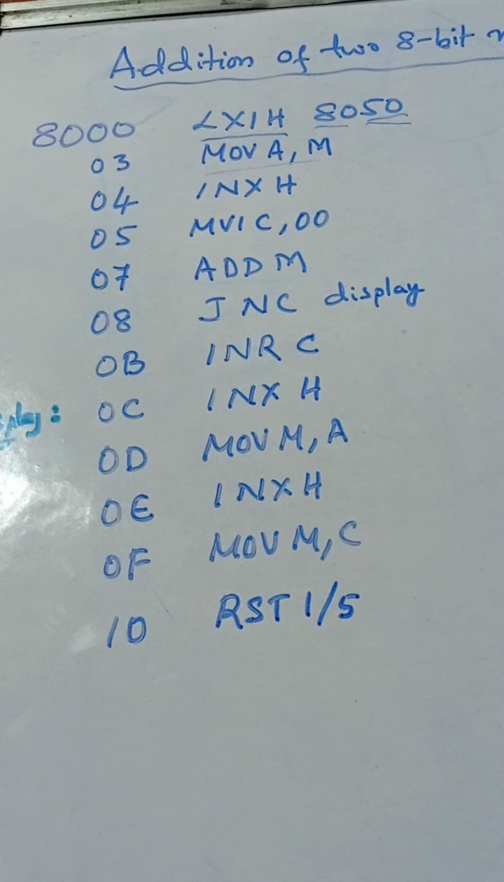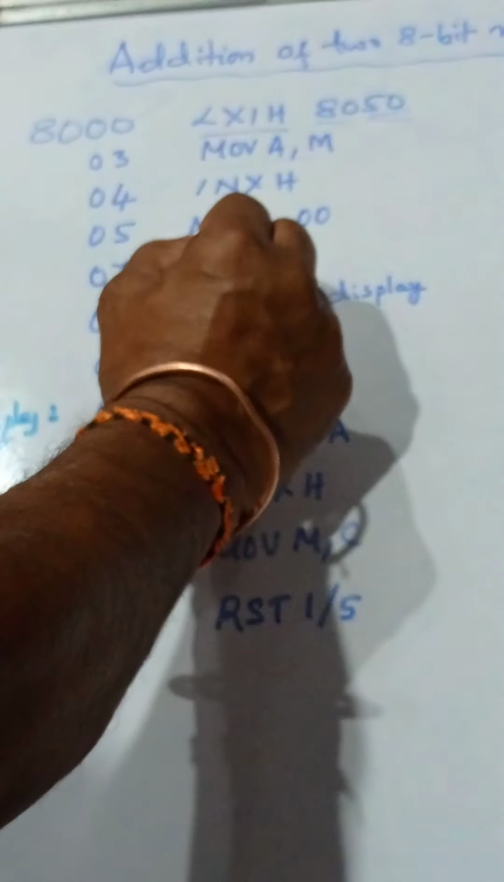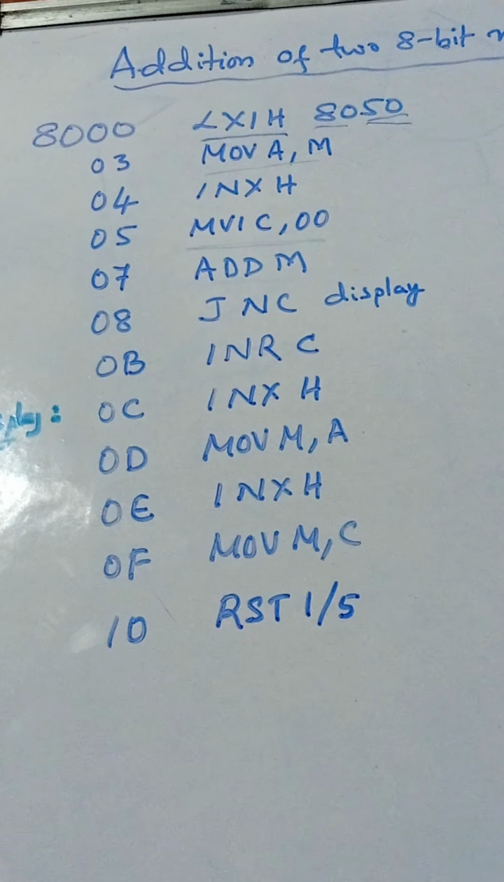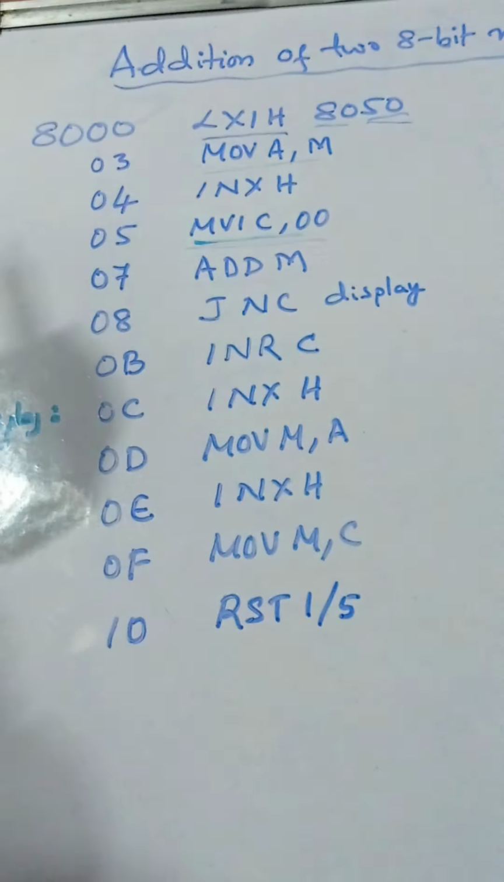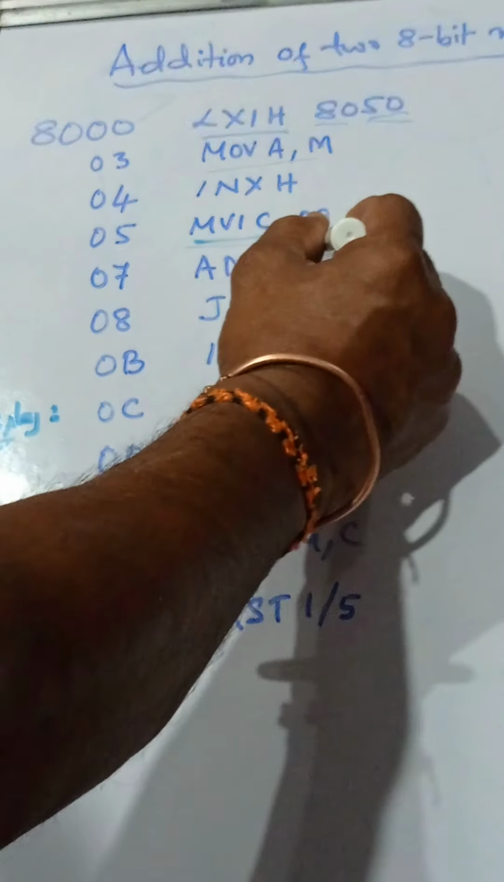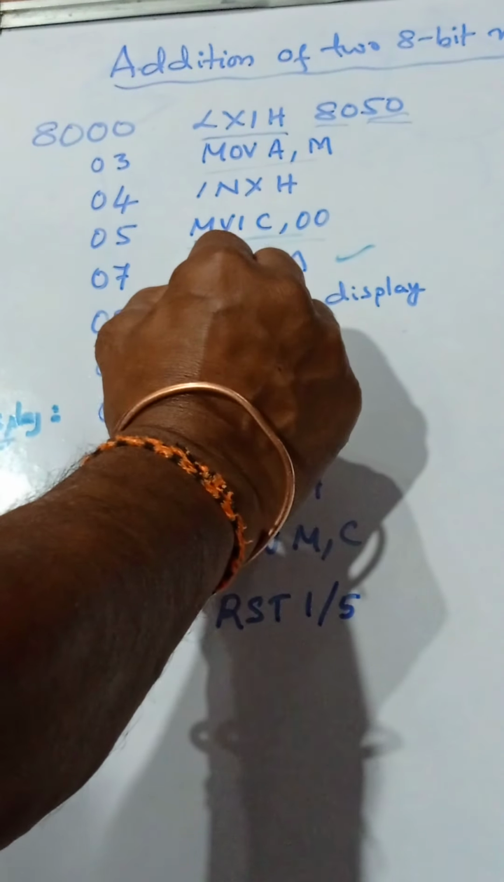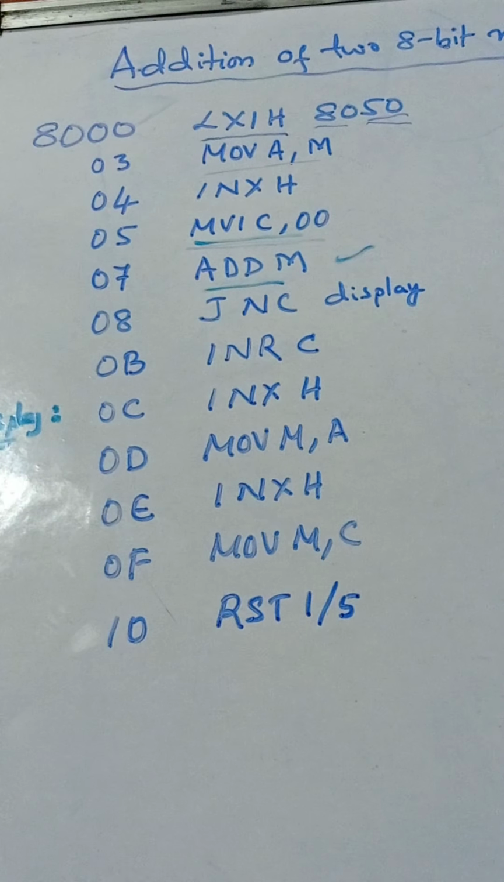Now before adding the two numbers, we want to initialize the carry flag. So the carry flag is initialized at 0 by using the instruction MVI C, 00. After initializing the carry flag, we perform the addition of the two numbers stored at the locations 8050 and 8051. Once the addition is performed, addition will always